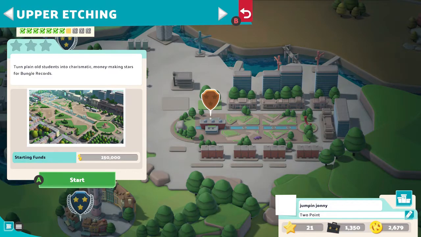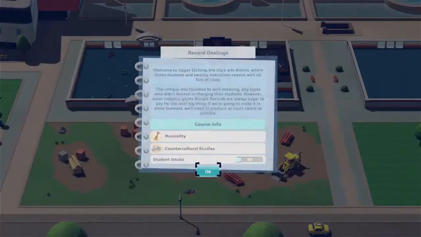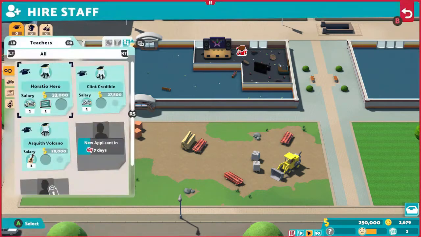This video is a walkthrough of how to get 3 stars in Upper Etching for 2 Point Campus. This is one of 2 campuses that unlock when you 1-star Spiffenmore and Fluffborough, and this is the 8th campus I've completed, and will mainly deal with the musicality and counterculture classes, and this campus has a different way to